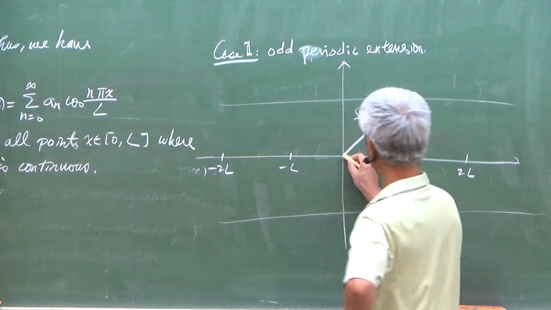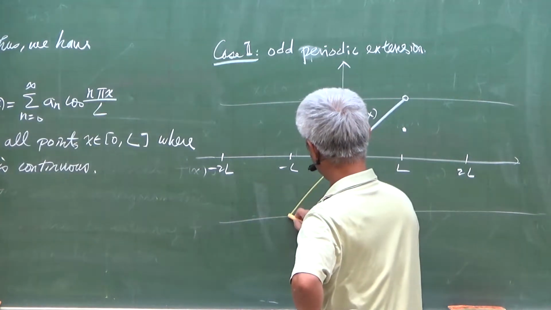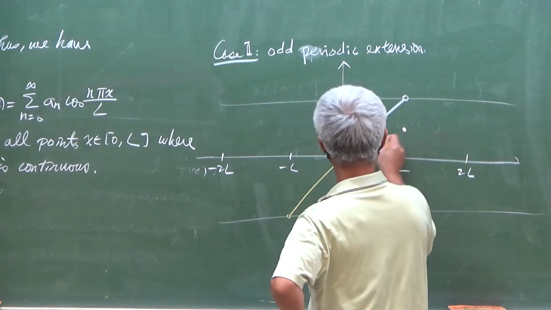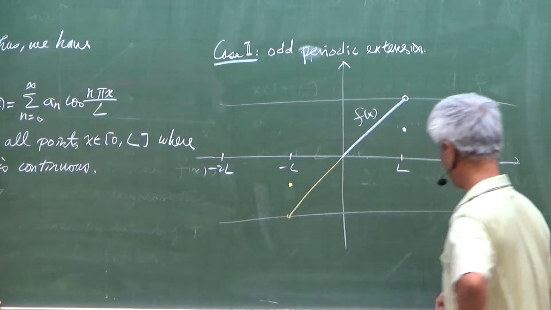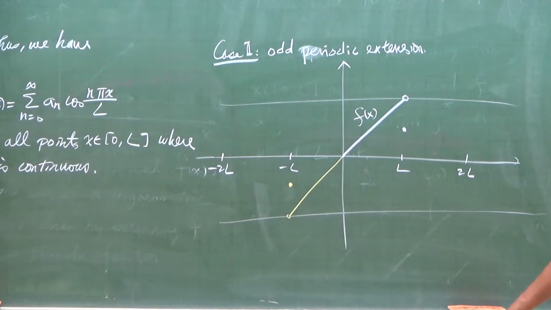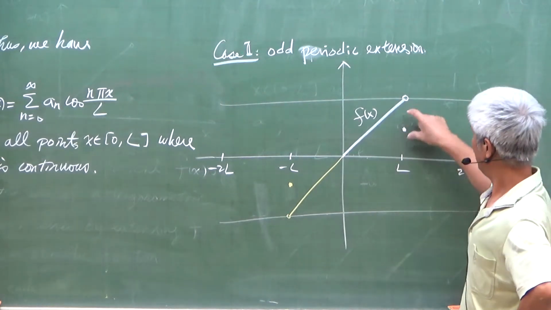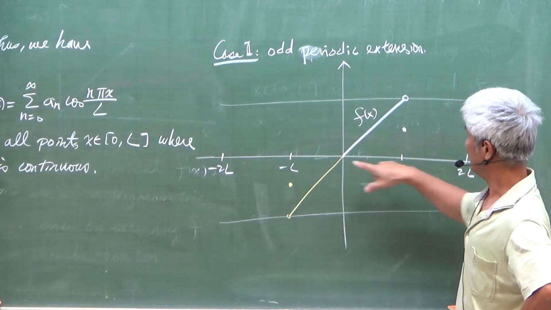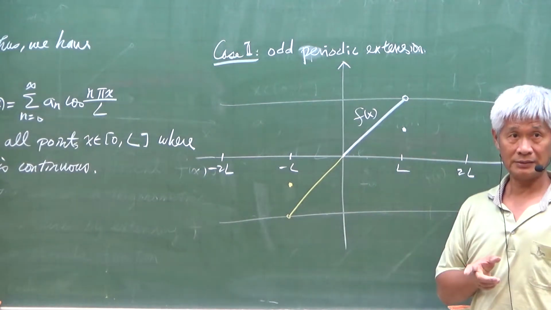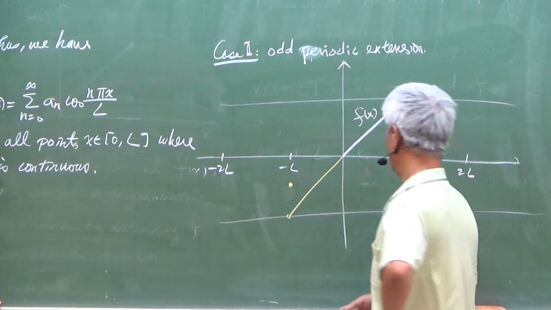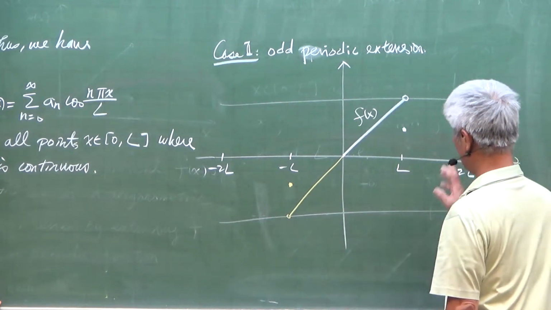Okay, so through the origin, we should have here and here. Right? Now, the value at L and minus L, in this case, are different. Okay, are different. So in the construction,